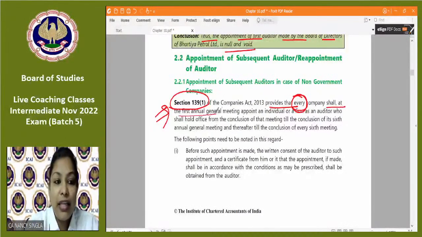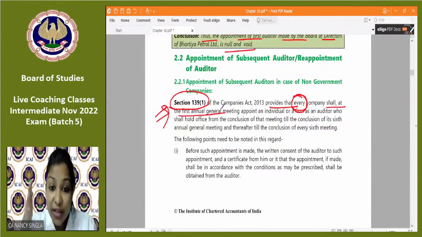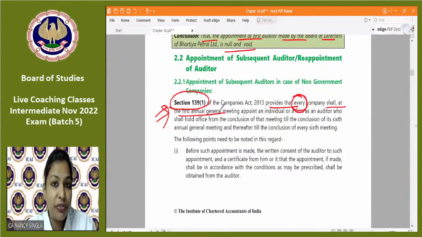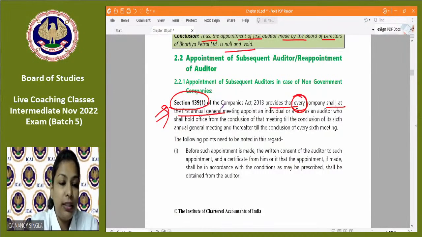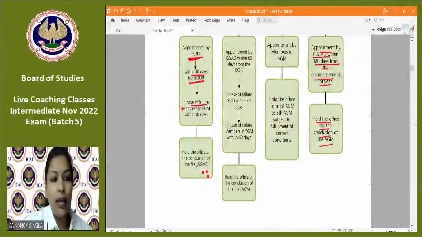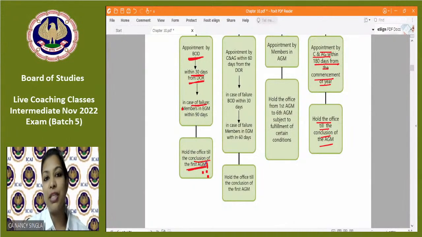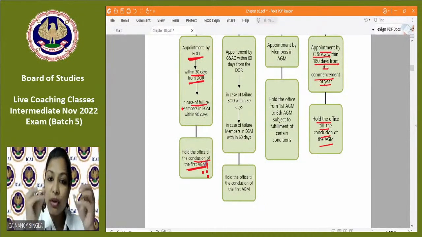पर अभी के लिए understand this, section 139 subsection 1, it provides that every company shall at the first AGM, देखो फर्स्ट एजीएम तक किसने होल्ड किया था ऑफिस, फर्स्ट ऑडिटर ने, है ना। ये देखो क्या क्या लिखा था, कंक्लूजन, टिल द कंक्लूजन ऑफ फर्स्ट एजीएम किसने होल्ड किया, फर्स्ट ऑडिटर ने, अब वो जा रहा है तो किसको अपॉइंट करना है, सब्सिक्वेंट ऑडिटर को।